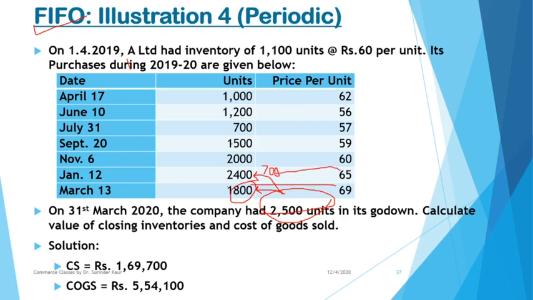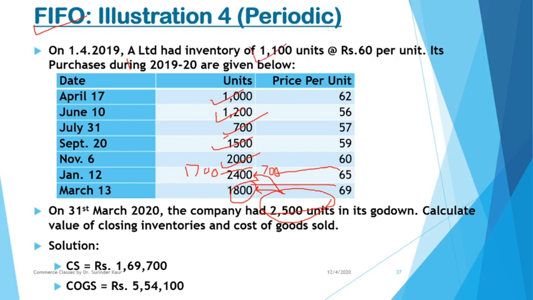So our closing stock will be measured at 1800 units at the rate of 69 and 700 units at the rate of 65. Whereas for the cost of goods sold, we'll be having this lot fully sold, this lot fully sold, this is fully sold, this is fully sold, this lot is fully sold, and herein in this case, since you are left with 700 units, it means out of this lot you must have sold 1700 units, isn't it? This is what we can assume from the question as per the FIFO approach. So you can directly calculate cost of goods sold and closing stock. Although for cost of goods sold, you can apply the formula that you have studied in your 11th and 12th standard. Opening stock, which is of 1100 units.